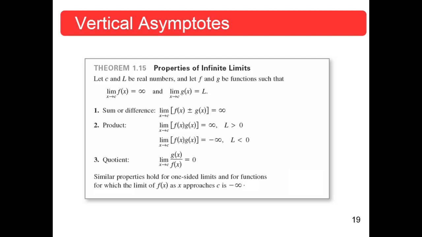So let c and L be any real numbers. Look sort of familiar, don't they? Let f and g be functions such that the limit of f of x as x approaches c, any real number, is positive infinity, and the limit of g of x as x approaches that same c, any real number, is actually the value L. Okay? Now,